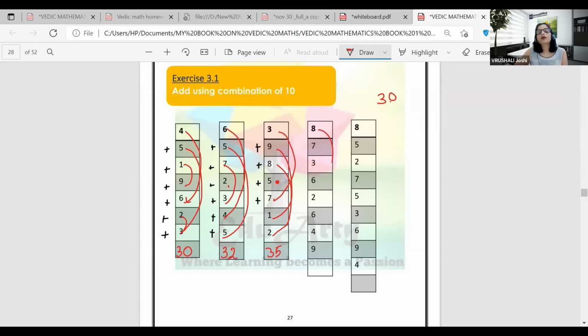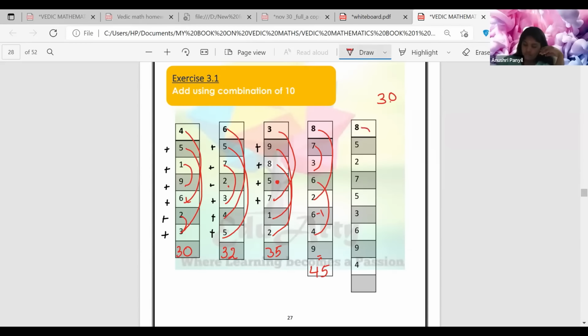Okay. 8 plus 2. 7 plus 3. 6 plus 4. No, sorry. 6 plus 4. Now here we have 2 more digits. Look at this. 6 plus 4. So we have a 30, correct? 30 plus 9, 39. You take 1 from your 40 and 45 will be your answer.